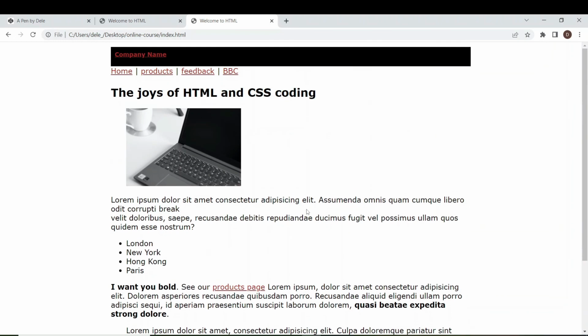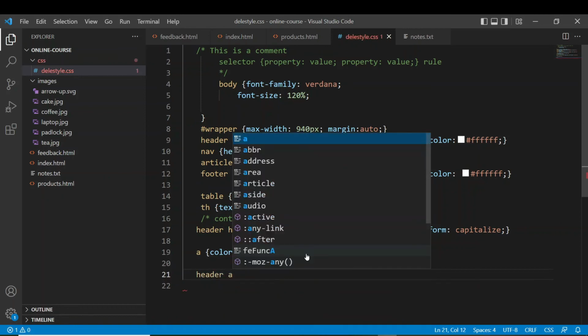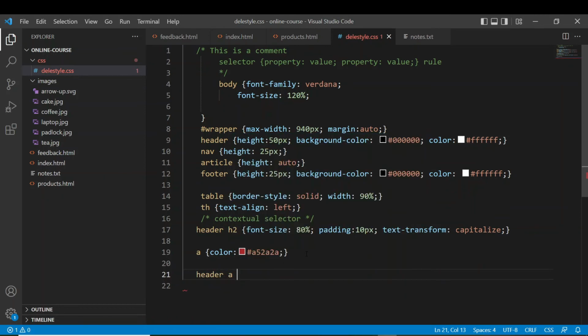But for the link that is in the header, I don't want that red. White would be a much better color. And nor do I need it underlined because it's quite instinctive that you can click on it. So coming back again into my style sheet, I am going to say for header, when an A is inside the header, that's how I do it, contextual selector, we did that earlier on. I want the color